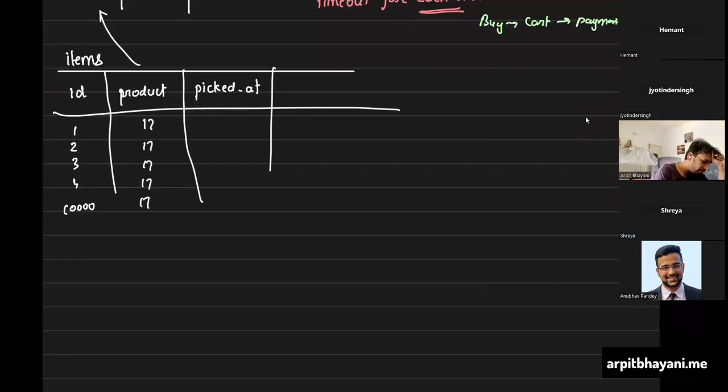Then this table will not remain like the items table; we'll have to modify it too. That's fine. You store user ID. So who holds this item at the moment? Basically, on whose shopping cart is this item? Yeah. You need to know that, right? Yes. And this can be null, and this can be null as well. Whenever someone adds this to the cart, we want to set this pick at timestamp and this user ID. What would be the query?